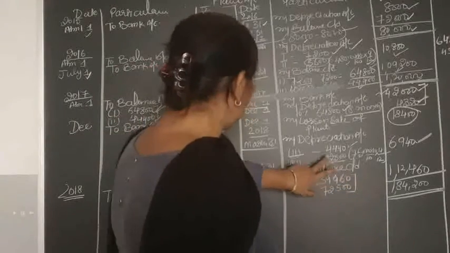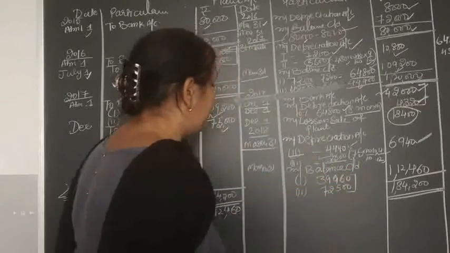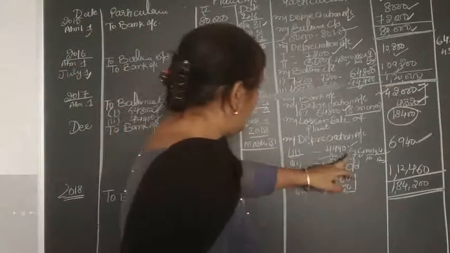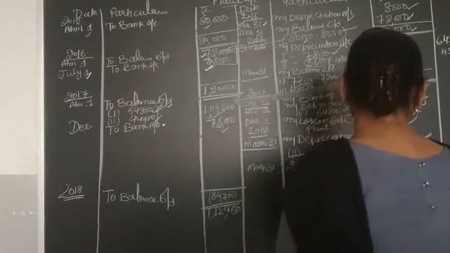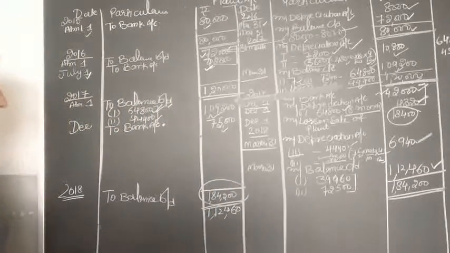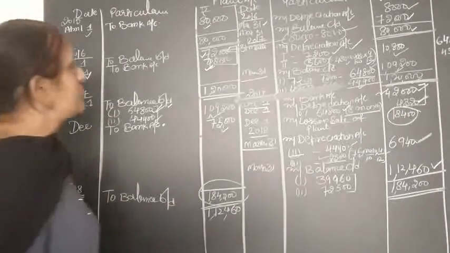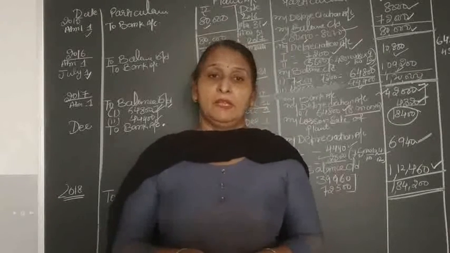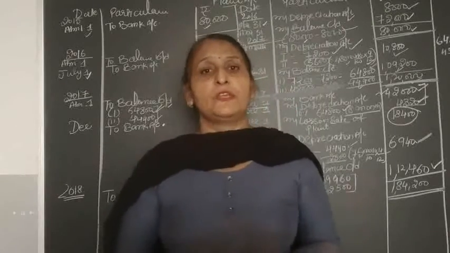Now we have to find out the balance at 31st March. By balance carried down, 44,400 minus 4,440, 39,960. And the second is 75,000 minus 2,500, 72,500, and the total balance 1,12,460, and the accounts of the third year are closed with 1,84,200 and the balance will be forwarded to the next year. So students, this was the plant account of question number 10 by diminishing balance method. Now you have to complete your back exercise questions up to question number 10. Thank you.